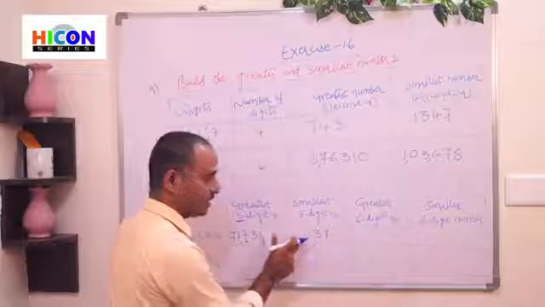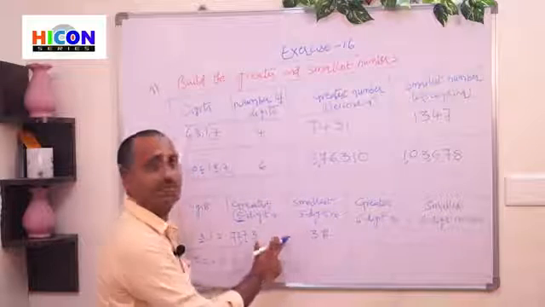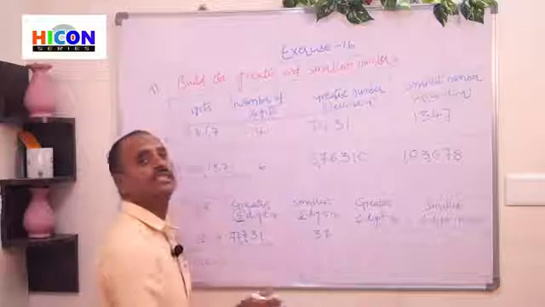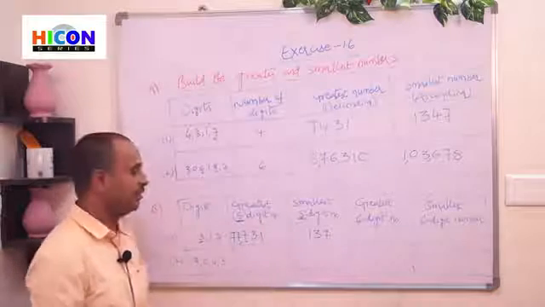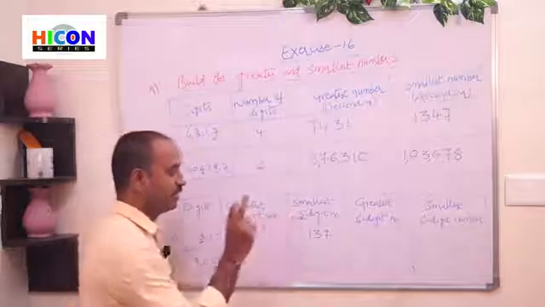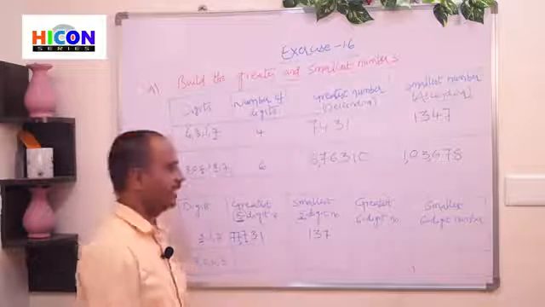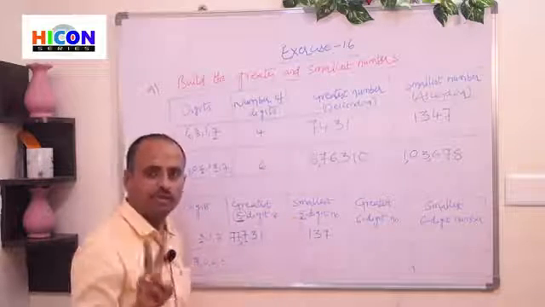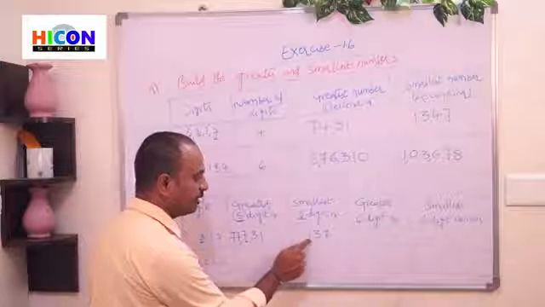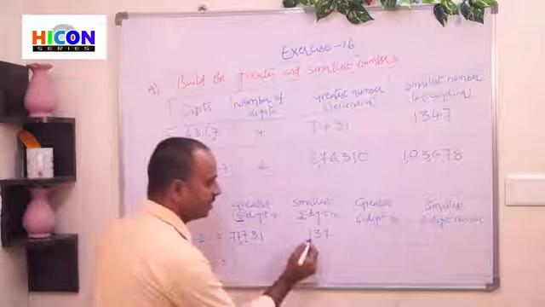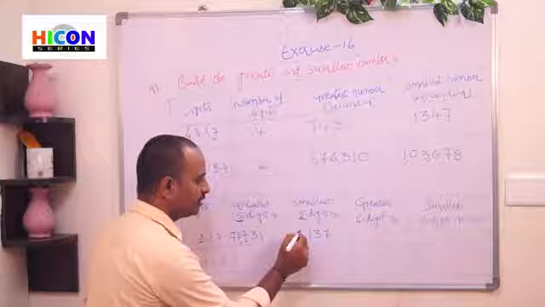So children, this is the smallest number, but there are only 3 digits. But we require 5 digits. That means 2 more digits are required. So how can we form 5 digits? So repeat the smallest digit as the number of times we require. Here we require 2 more digits. That's why repeat the smallest digit 2 times at its left side. The smallest digit is 1.